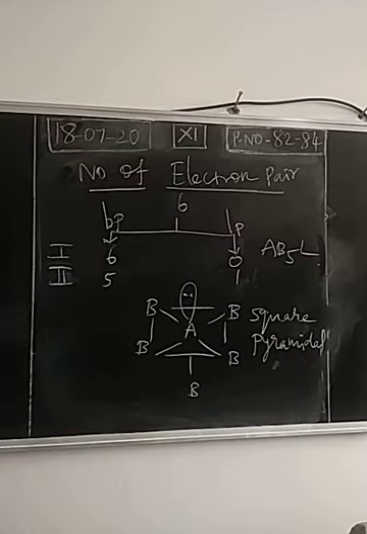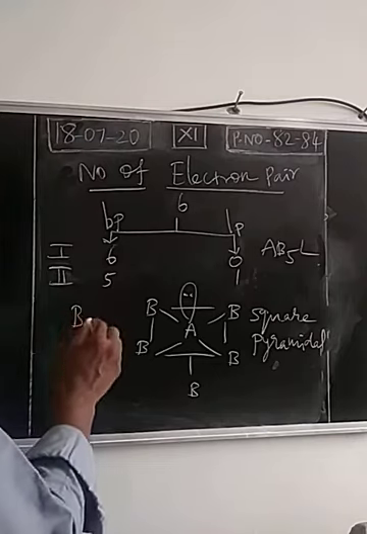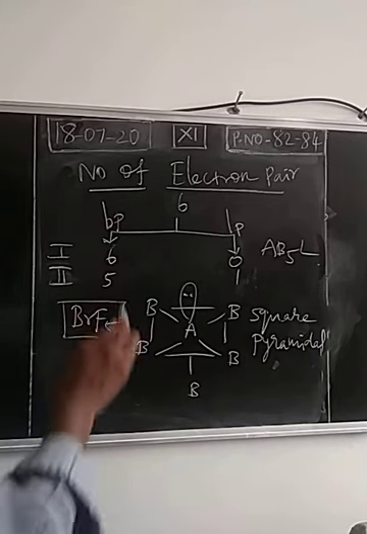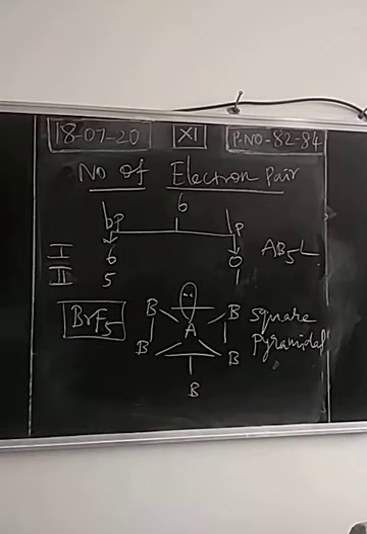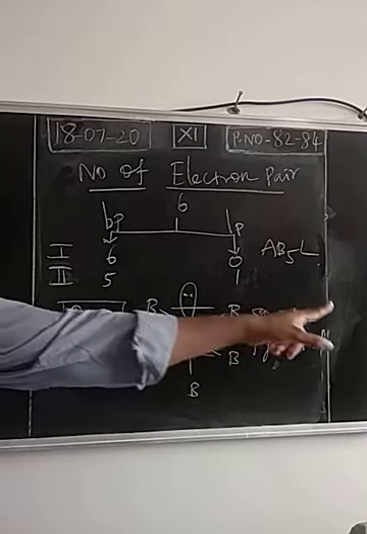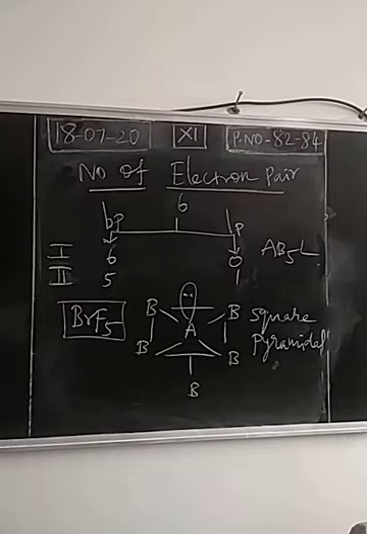Okay. Bromine pentafluoride can be taken, BrF5. So bromine pentafluoride, BrF5. This is also an interhalogen compound. Bromine pentafluoride is an example for this one. So totally 6 electron pairs, 5 bonded pairs, 1 lone pair. So the expected geometry is octahedral. Due to lone pair, bond pair repulsions, the geometry is distorted into square pyramidal.